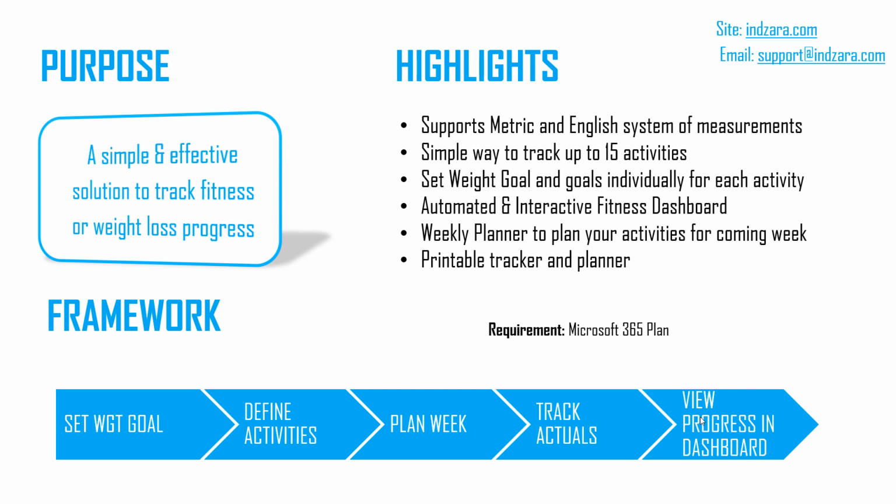So this is the basic framework, and the template can support both metric and the English system of measurements. And there is an automated and interactive fitness dashboard I will do a demo of. And then, as I mentioned, the weekly planner is available to help you plan your activities, so it's not just a tracker,